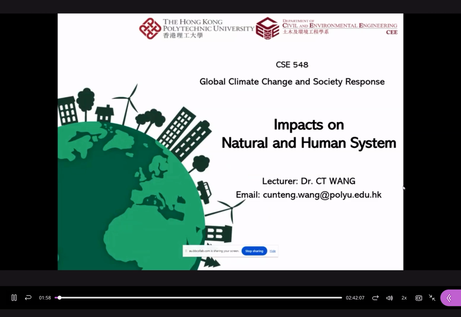The first part is about the foundation of climate change, and there are many calculations. From today, the second part, the society response, also accounts for 50%. It has 50 points. For this part, we have no calculations because we mainly introduce how climate change affects our natural system, our human system, our economy, and how we can respond to climate change. So this part is mainly about common knowledge. Here we put all the impacts in the following 4 classes. The second part is not difficult, it's relatively simple. You just need to know how climate change, global warming, the temperature increase, and the CO2 concentration increase affect our economy, and how we respond to that.